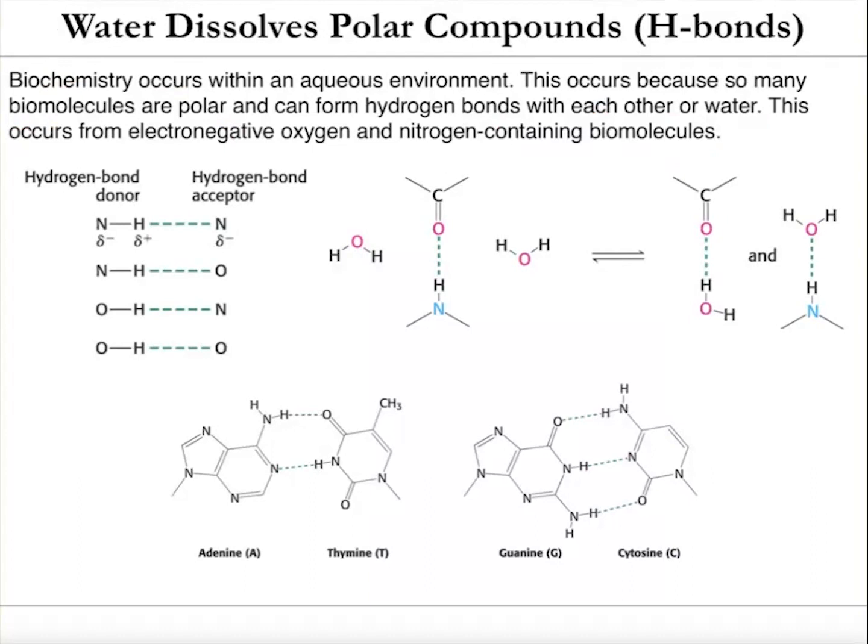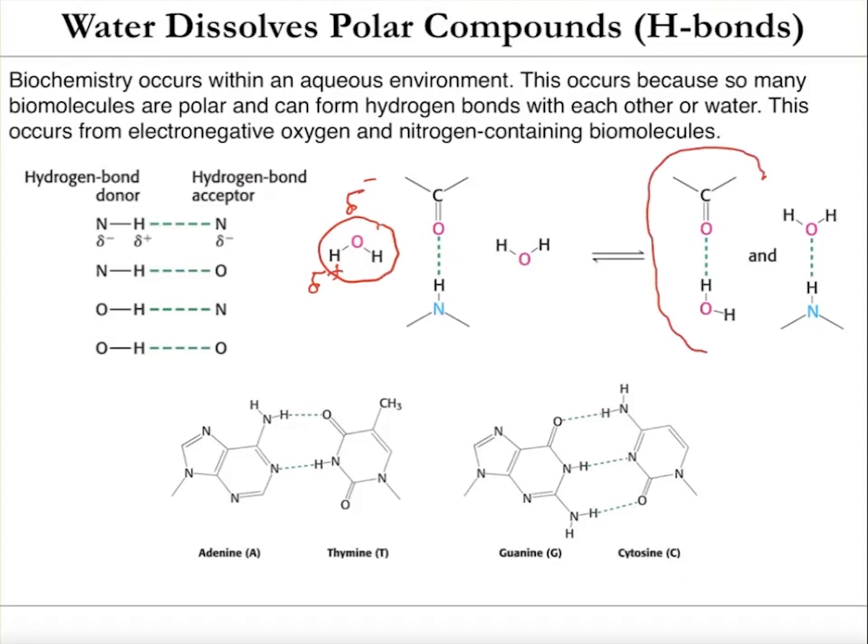Now, the fact that water is polar is also really important for biochemistry in general when you think about how it dissolves other compounds. A lot of biochemical compounds are also polar, and they can form hydrogen bonds with each other, and they can also form hydrogen bonds with water. So we have a water molecule here. Of course, the oxygen is electronegative, and the hydrogens are partially positive, or electropositive. So if you have